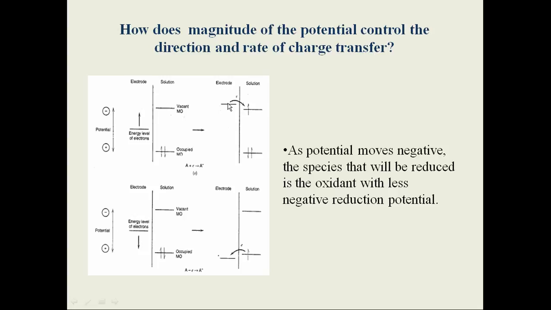That electron will be in a higher energy state because it's a negative potential, and hence the electron jumps from the HOMO of that electrode to